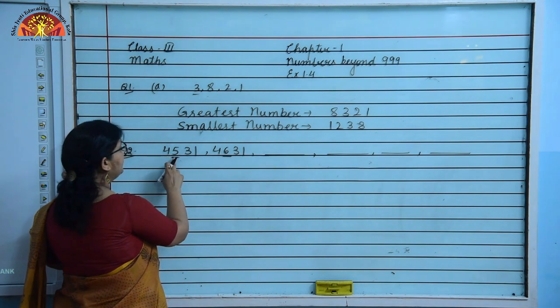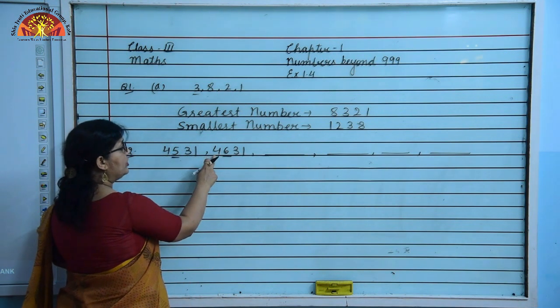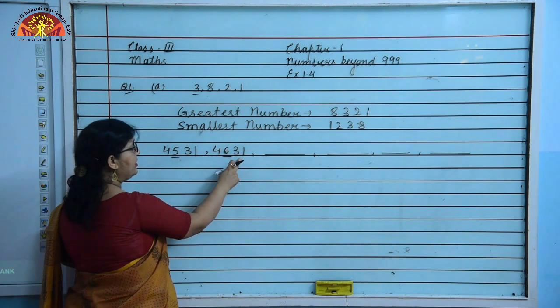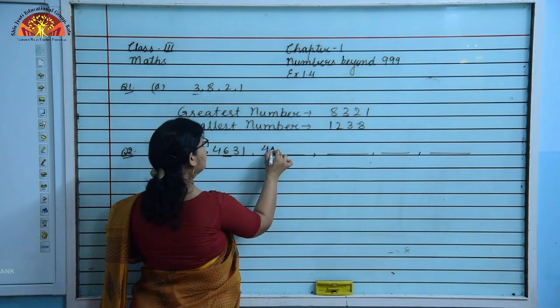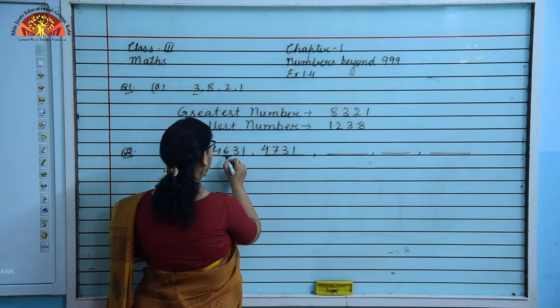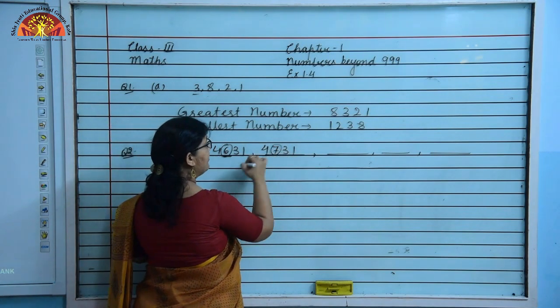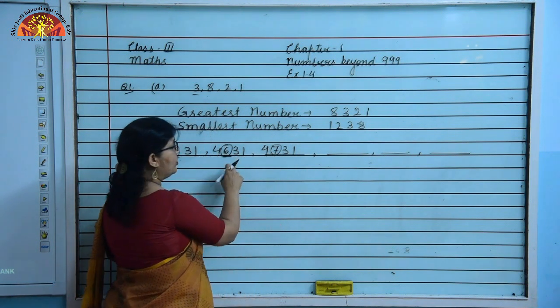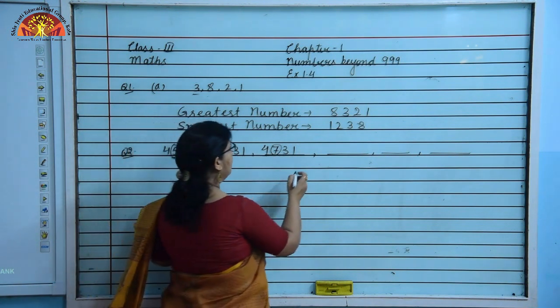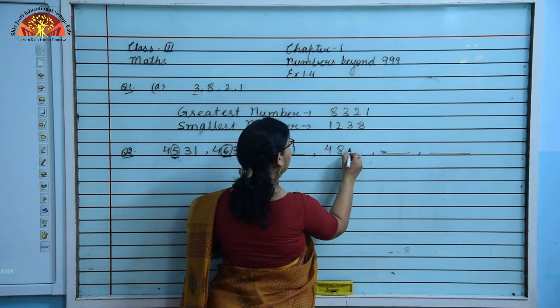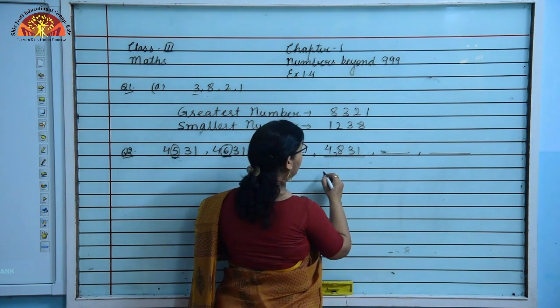So what number will we write next? This is 4531, 4631, now 4731. Only this digit is changing. This is 5, 6, then 7, and the tens and ones place remain the same. Now we write 4831, then